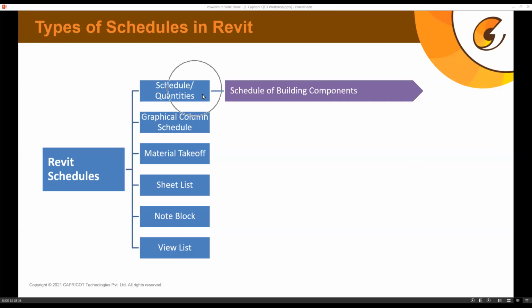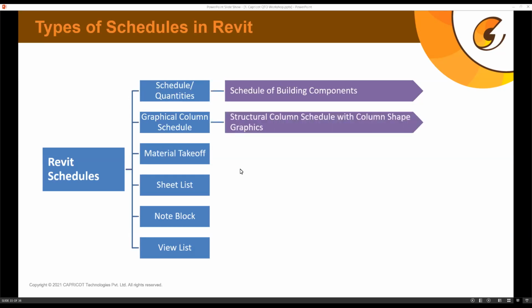The schedule and quantities option is helpful for those elements which we need to count, which we need to get quantities of in terms of counts. For example, number of doors, number of windows, or number of pipe fittings, or number of different elements. In that case, we can use the schedule and quantities option.